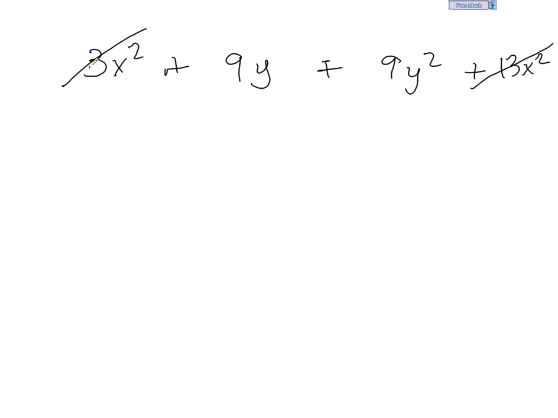So the same thing would apply regardless of what type of example we have. So if we're adding 3x squared plus 9y plus 9y squared plus 13x squared, well, I want to find things that I have common copies of, or copies of one common thing. So I have 3x squareds over here, and you might say, well, oh, there are 9y squareds over here, but we're not comparing apples to apples. We have 9y squareds, and I have 3x squareds. Those aren't the same thing. But then over here I have 13 more copies of x squared, and I have 3 copies of